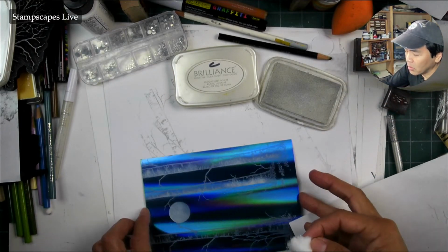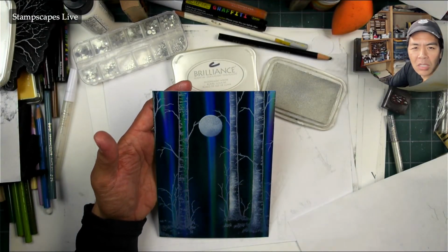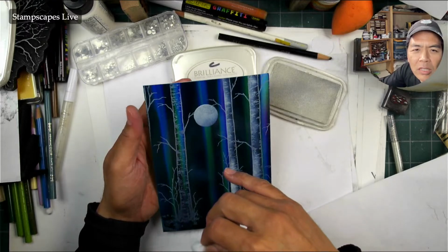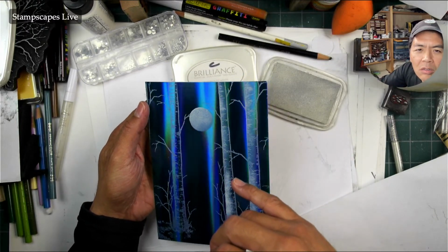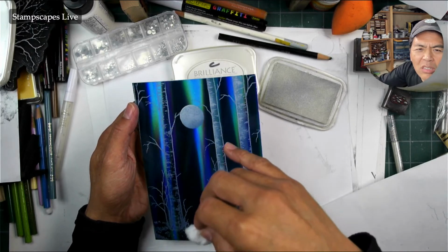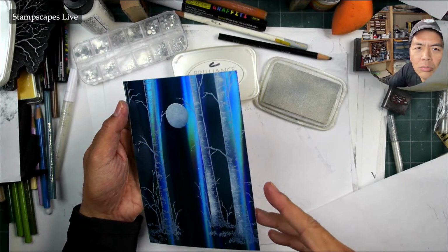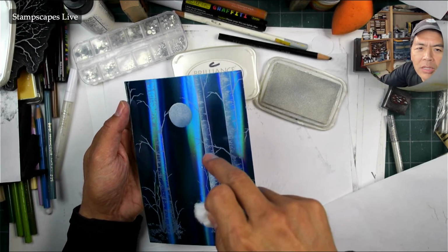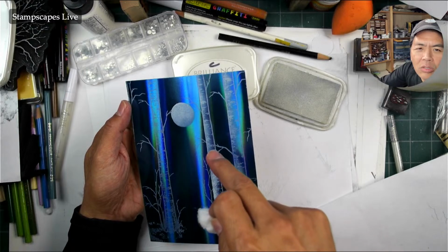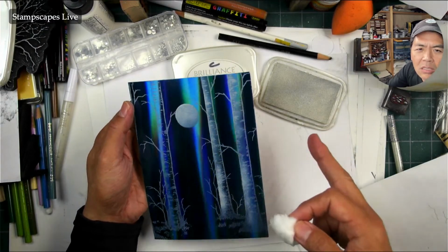All right. Not like that. So it's getting a little bit more. I don't know, I think that's enough. See, like right here. I don't know, it seems like just a little bit of white pigment ink is blocking that out pretty good. I see. I thought I would have that patterning showing right through that. Like if I go like that, you can see it a little bit, but that's